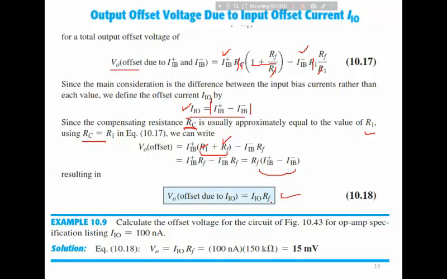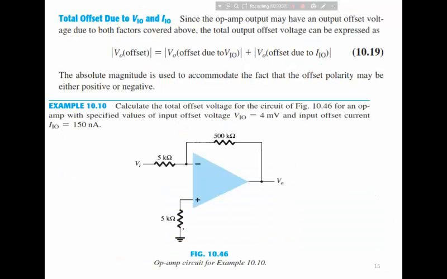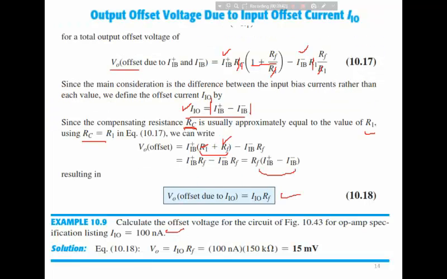It will be equal to RF into input offset. So now calculate the output offset voltage of the circuit shown in figure 10.43 for op-amp specification, taking the input offset current to be 100 nanoamperes. So if input offset current is 100 nanoampere and the circuit is given to be in figure 10.43,